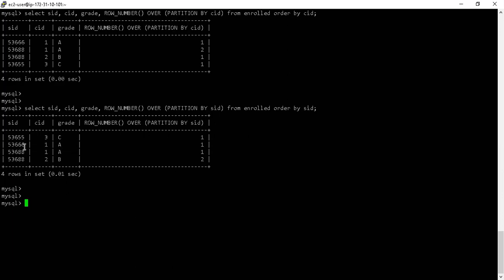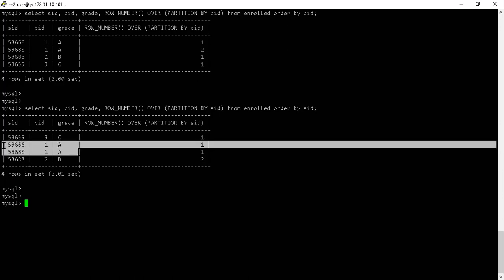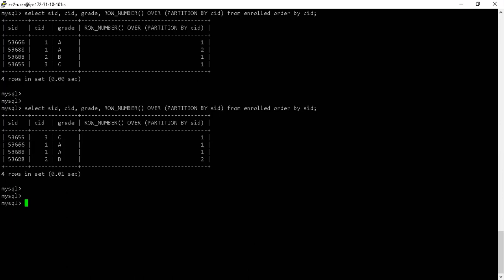right? You see over here that even if SID is different, this combination of CID and grade is the same, 1A, 1A, right? But if you look at the entire combination of the row, of all the 3 columns, student ID, course ID, and grade, then this row is entirely unique, as is this row, right? And you have unique entities or unique student IDs. This is the column that you have used as the partition key. That's why it is going to group these 3 as group 1, and then it is going to group these 3 as group 2.